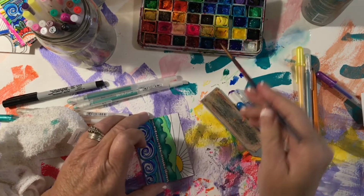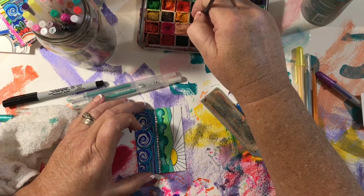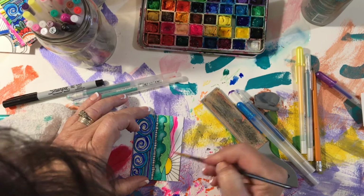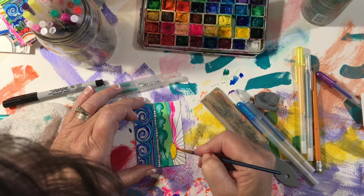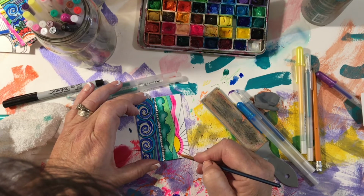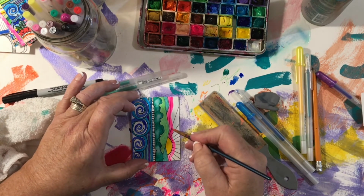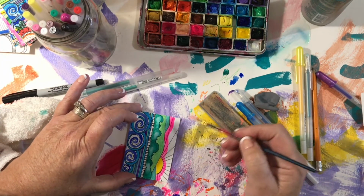Okay, now I'm going to use my bright pink to make a little bit of a sunset. Because the way I always see sunset is yellow and a lot of red, or pink. I like to make it pink. And I just do down close to the edge, and then I kind of,